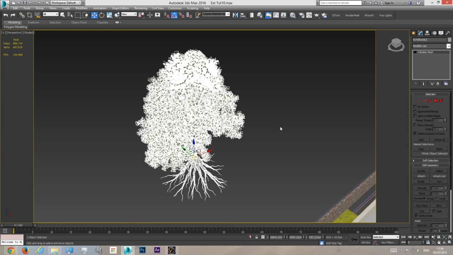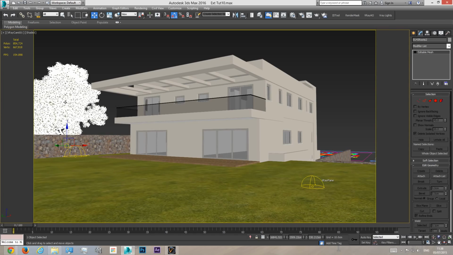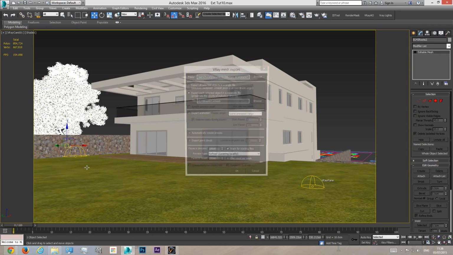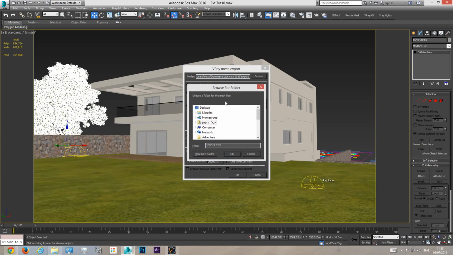Now let's unhide everything, go back to the camera, and now let's export this as a V-Ray proxy. I'm going to right click on it, V-Ray mesh export, and choose a library where I want to export it. Always export the same as with textures, to a library or to a folder where your max file is, so that when you load the max file, 3D Studio Max won't need to search for the objects or the textures anywhere, because it's inside of its library, inside of its folder. So I'm going to create a new folder inside my folder where my max file is. Let's call this folder V-Ray proxies